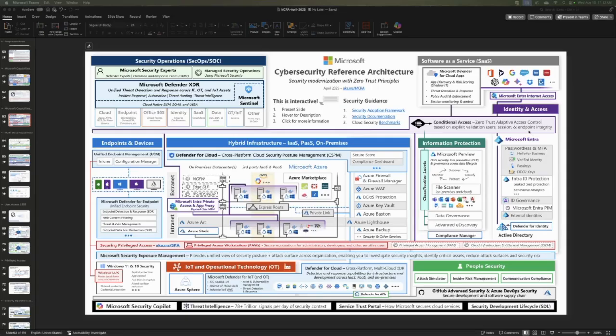So where it plays is all of these products can plug into Security Copilot. So for example, if I have an alert that comes in and it's for Justin, I can ask it, give me details about that alert. It's going to go look at logs and data across all of the connected Microsoft security products and even some of the third-party products. And it's going to pull that together, and it's going to allow me to understand, in layman's terms even, what's happening with that alert across all these different products. So rather than manually trying to sift through logs, even with Sentinel, trying to do complex database queries with KQL, Security Copilot allows me to do it in a fraction of the time because it's just plain language. I'm asking questions.